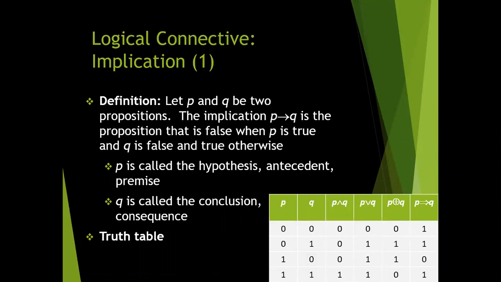And if P is false and Q is true, look at it. The first condition is false and the second condition is true. That's why the implication will also be true, no problem. For making this false, we have to make the first proposition true and the second proposition false. Remember this: then P conditional Q will become false. For any other value, it will become true.